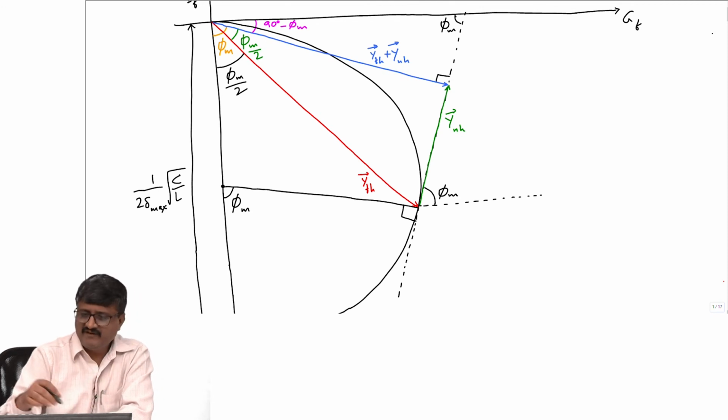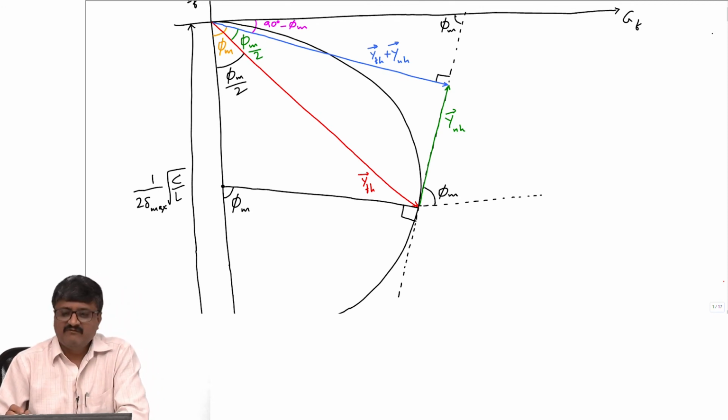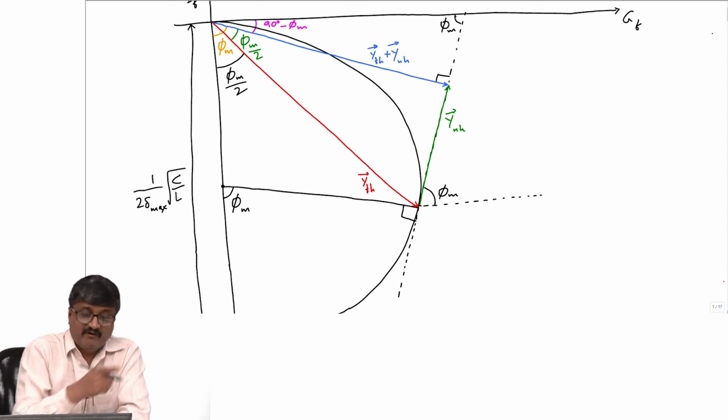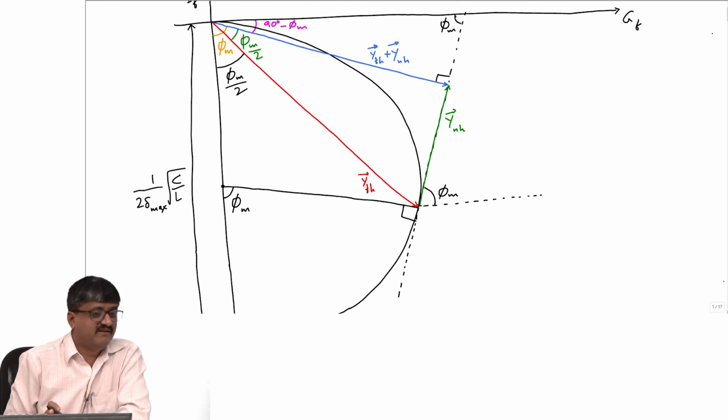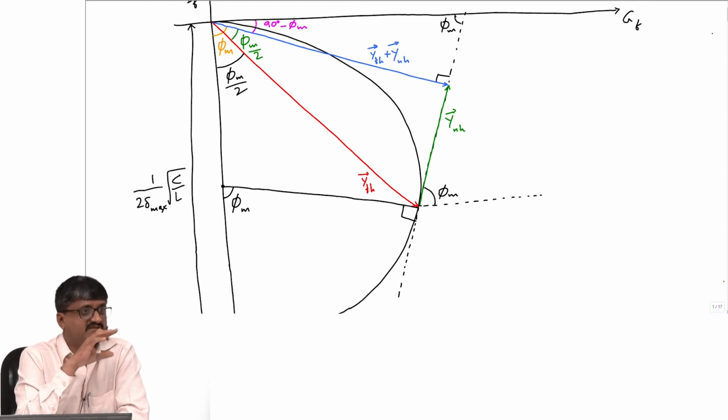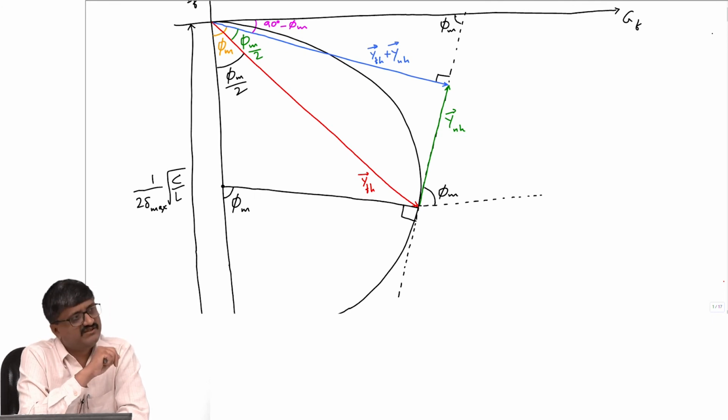If I know how to find this semicircle, then what should I do? The question is still valid. Till now I have not said how to get the diameter. Once I know the value of the diameter, I know how to draw the semicircle. So, how to get y of h? It's still not completely answered. Yeah, how to get y of h? Radius of the?